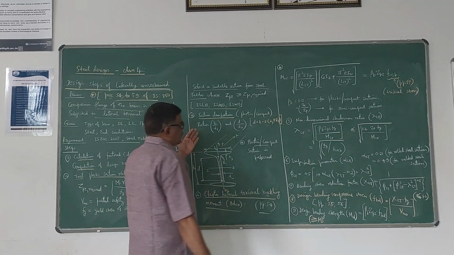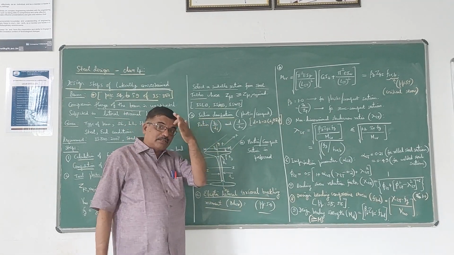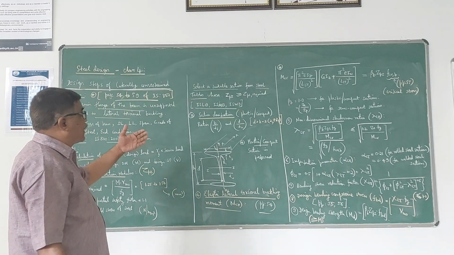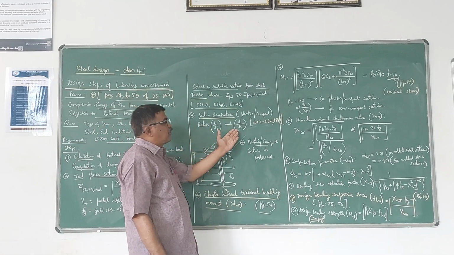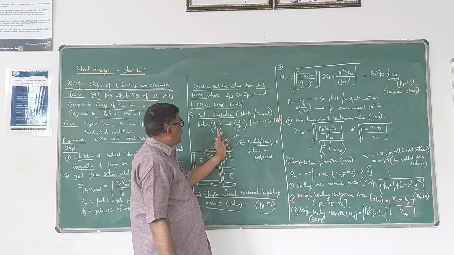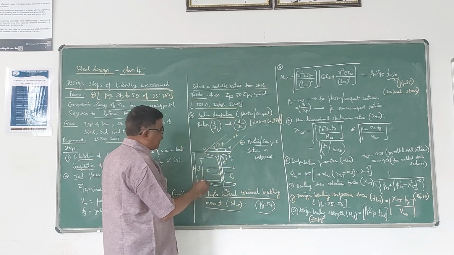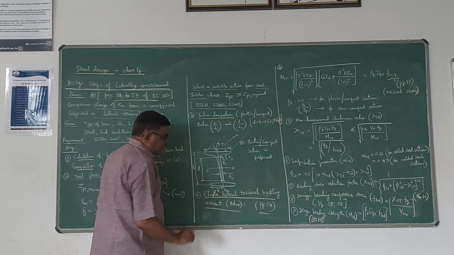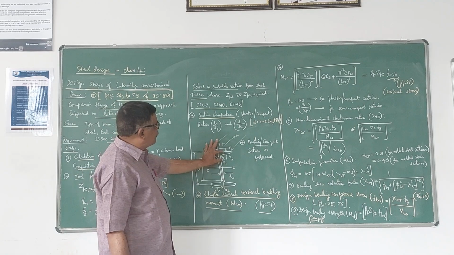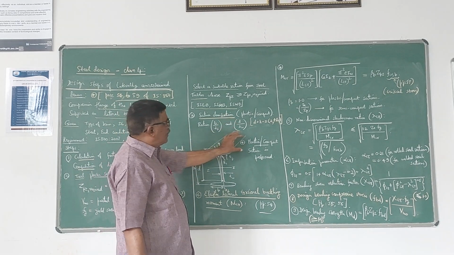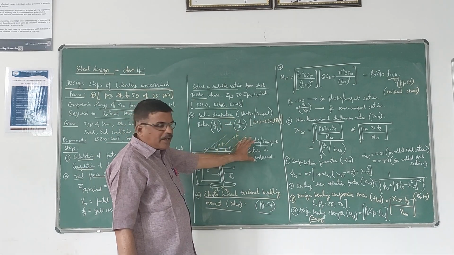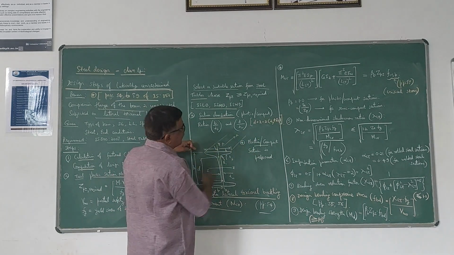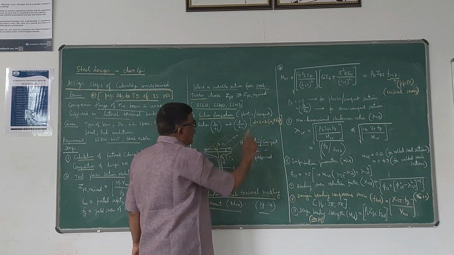Now after that, you have to check whether this section is plastic or compact or semi-compact. So that I had explained in the earlier lecture. So these ratios have to be calculated, B by TF and D by TW, where B is half of this BF, that I have explained in the earlier lecture. So B by TF value and D by TW value you have to find out, and D is nothing but H minus 2 times TF plus R1.